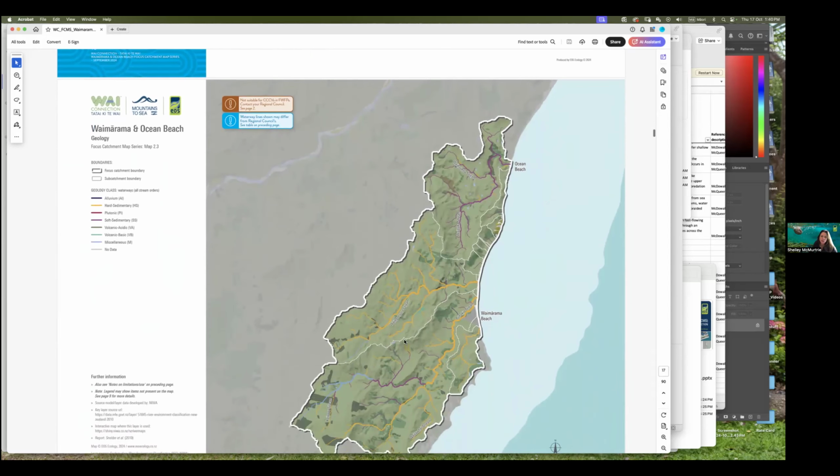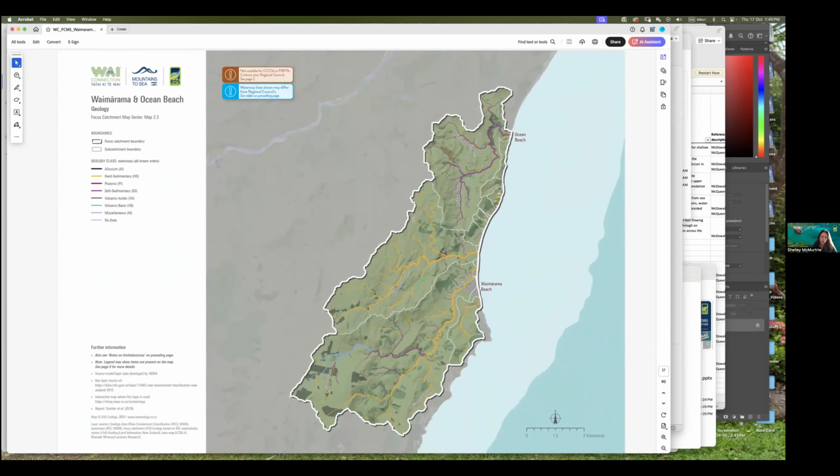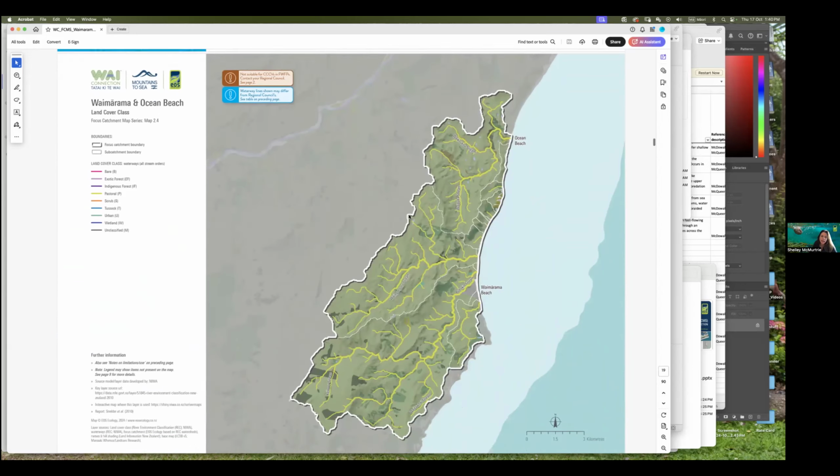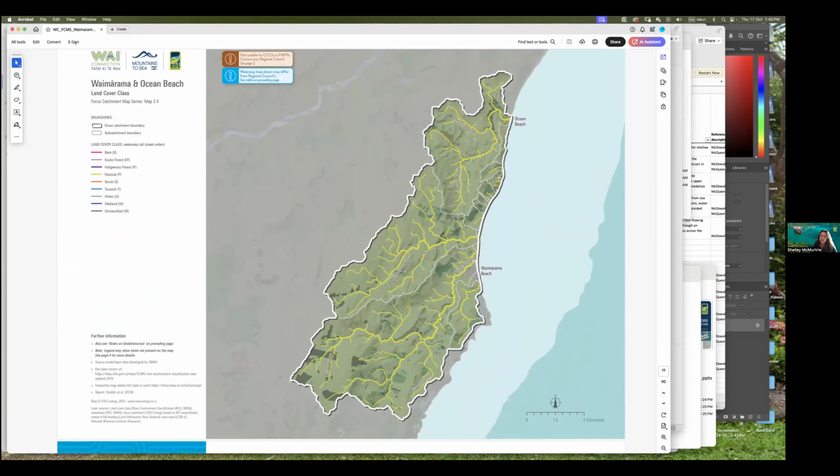And then you get to the geology. The geology is one of the real critical ones. Some of these geology types actually naturally have higher levels of phosphorus in the geology. So you could expect that dissolved reactive phosphorus levels could be naturally higher in that system before you put the land class layer on top of that. Really fascinating to work through those. And then, of course, our land cover class is the one that we use to group our other